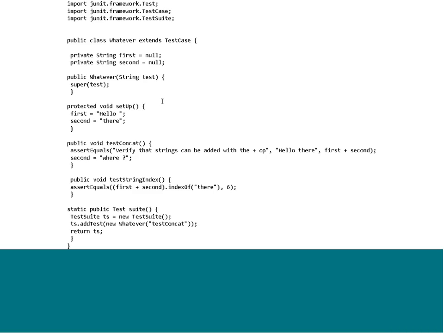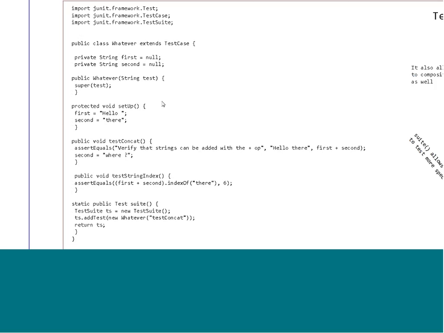So again, we have the same class, the public class whatever, which extends the test case, and as you can see, you're familiar with all this, right? Okay. So as you can see, we have the same. So we have the setup method as is. We have the test concat method wherever it is. So what we are doing instead is,